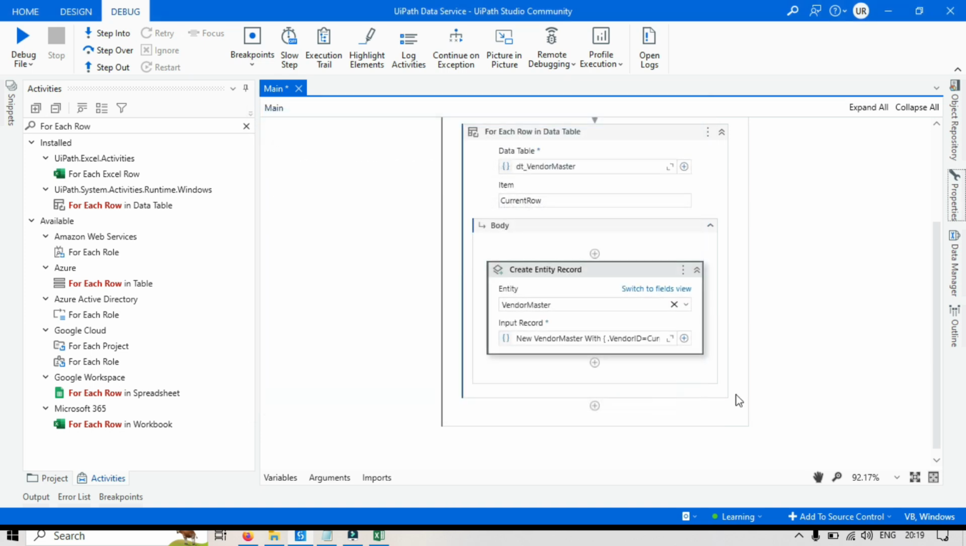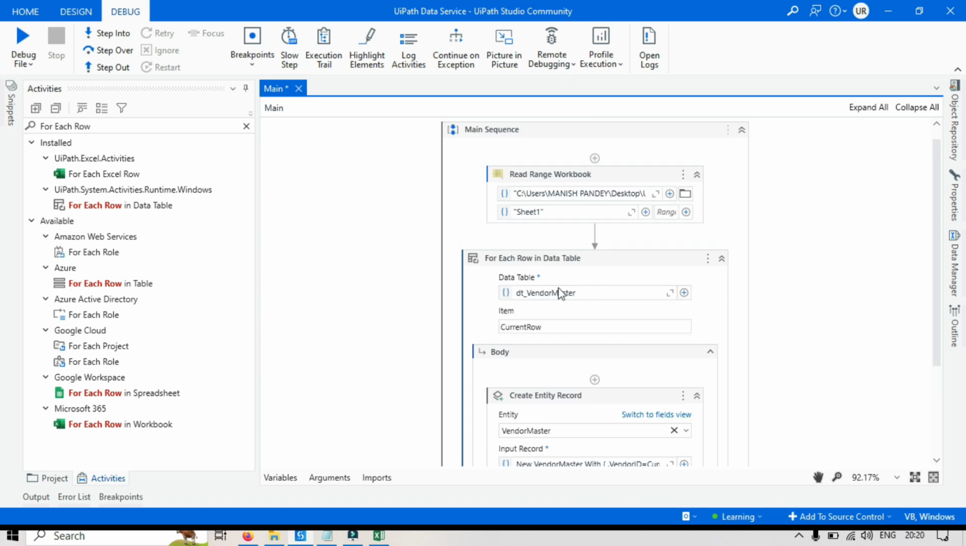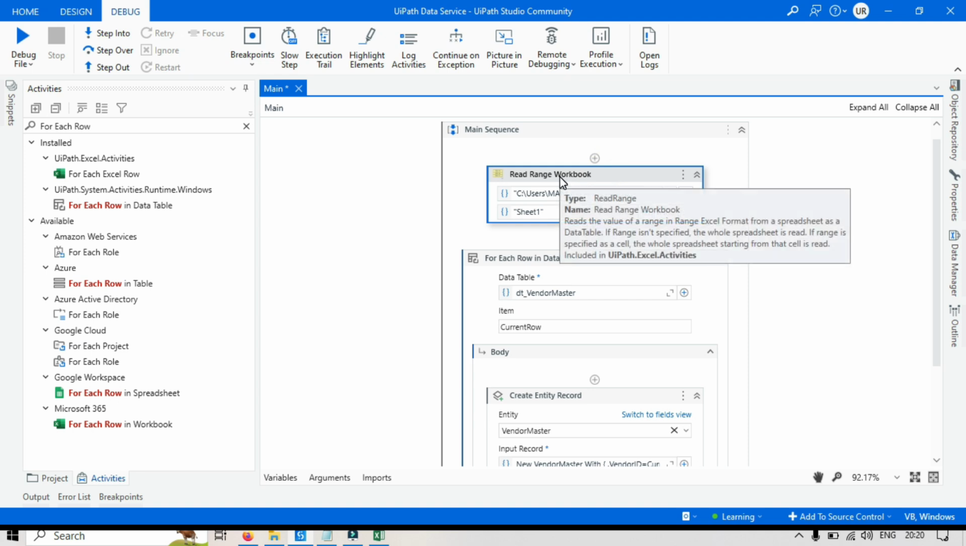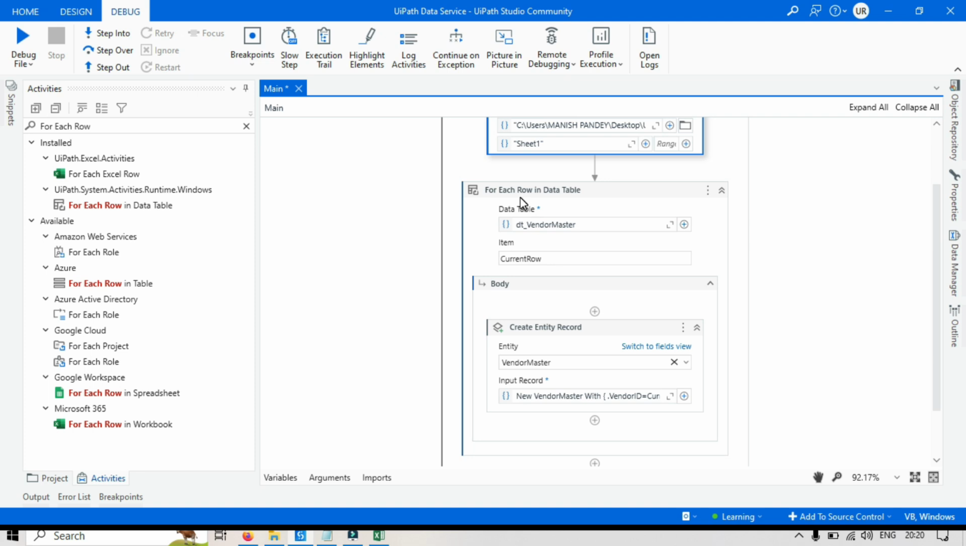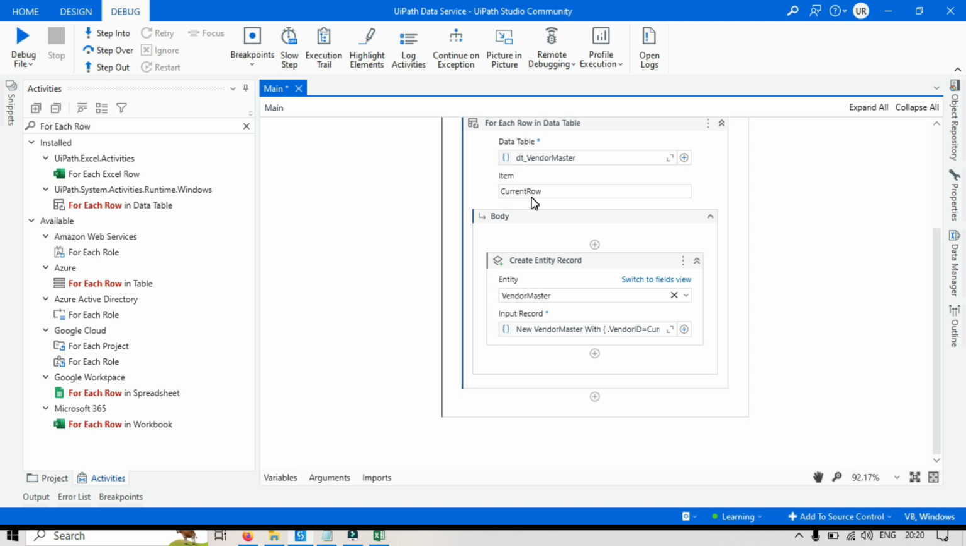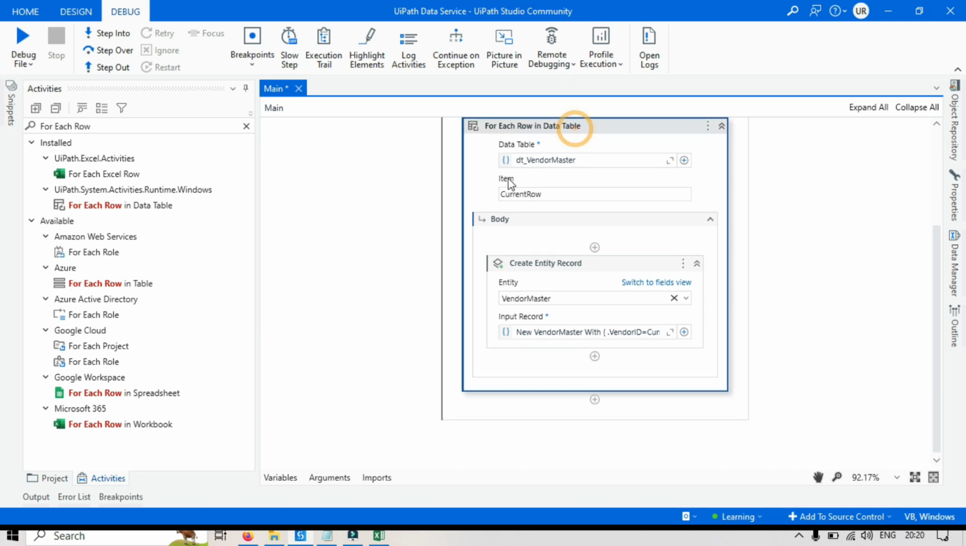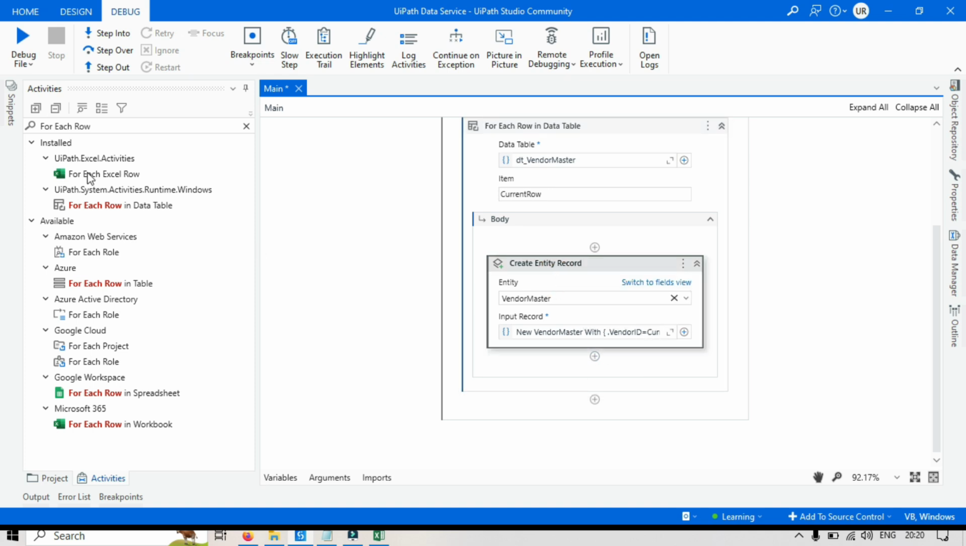Now let's click save. Now you know the process, what's going to happen here. Let me explain that. First it will read this Excel file data stored in a data table, and then we'll use a for each row in data table which will loop through each row from the data table, and then it will be stored in the current row. Now here we are passing the current row of that column name. So each time each row is in the loop, it will pass the value here and then it will create the entity. Now let's close this Excel file